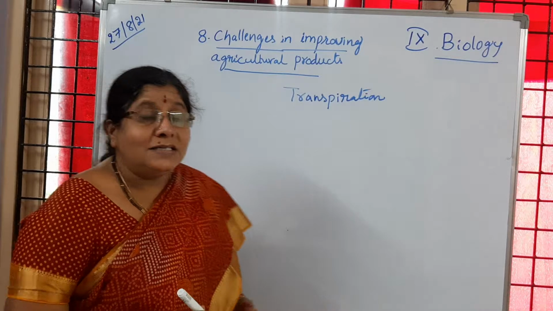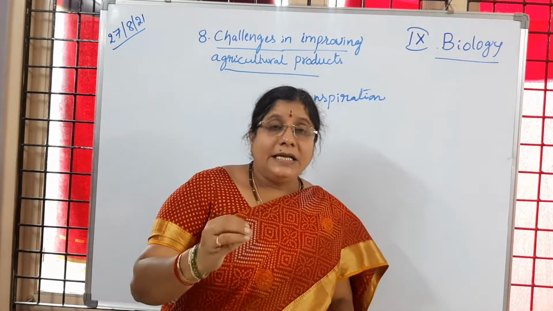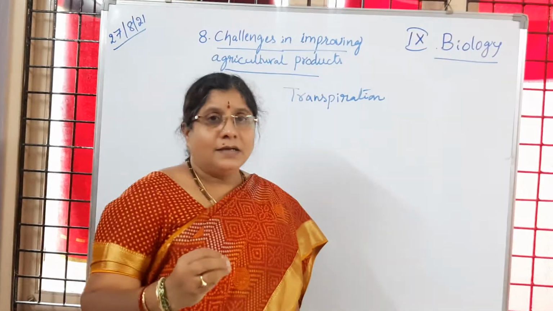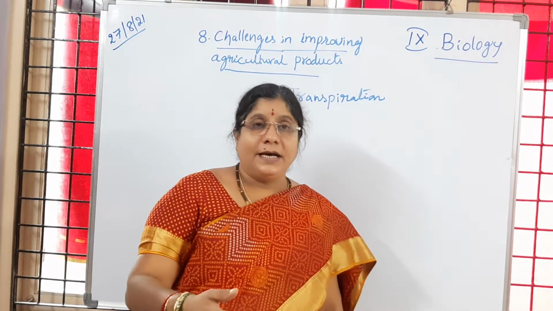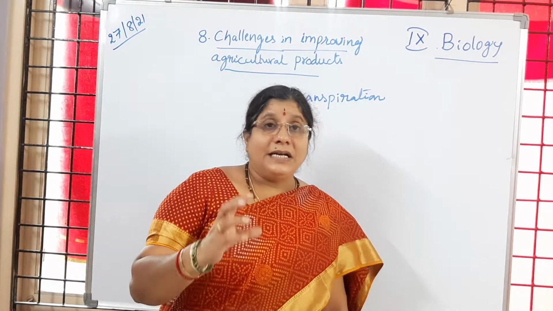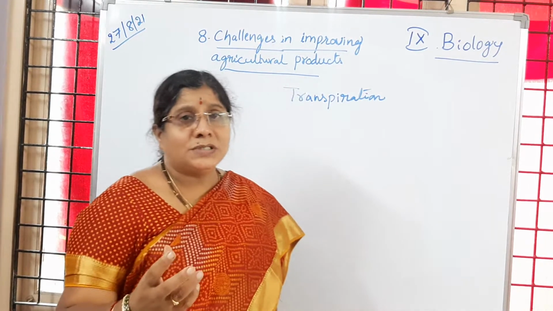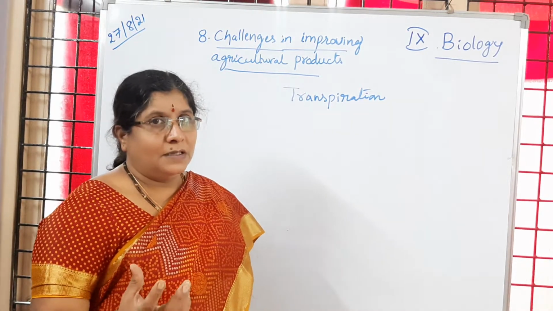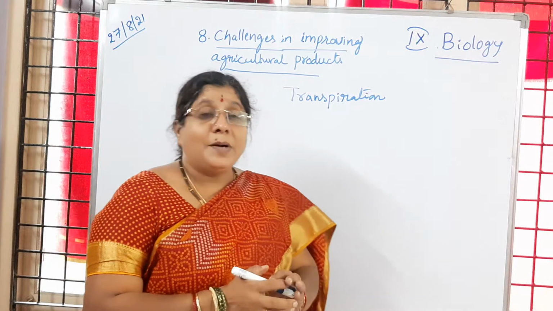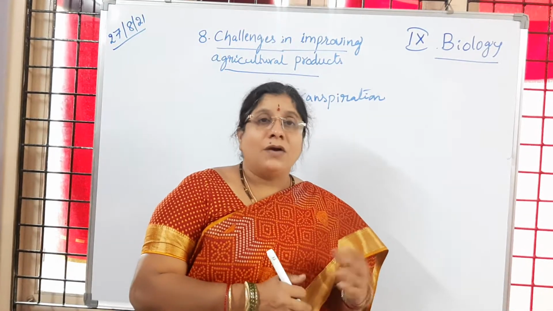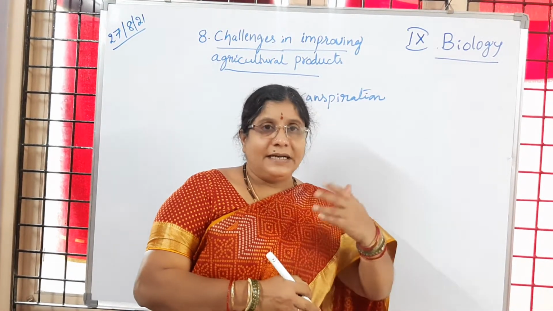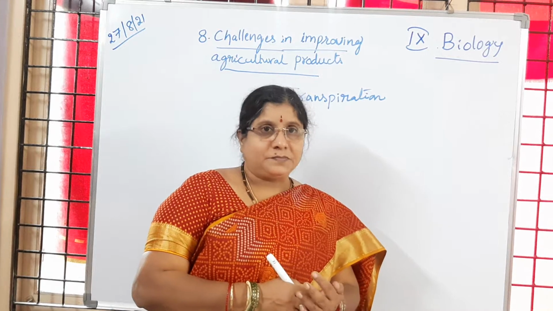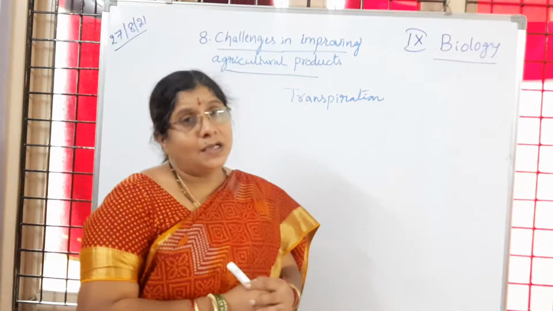So here plants are making use of a little amount of water. Already we learned about chemical analysis here. Is it not, children? So that little amount of water is used by the plants to get a good yield of the crop. Is it clear to you? But some amount of water is not used by the plants. So it is getting out of the plant through the stomata of leaves.